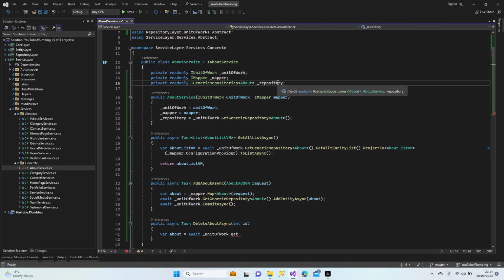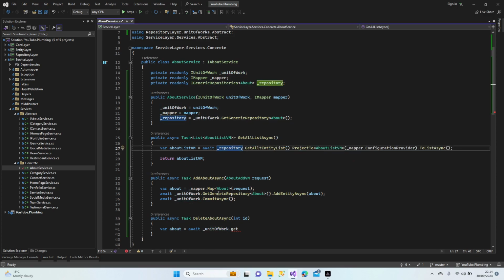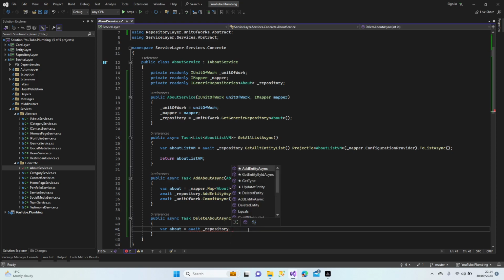Yeah, now I can use the shortcut instead of all that long text, right? It's better, I guess. Yeah, perfect. Get entity by ID,